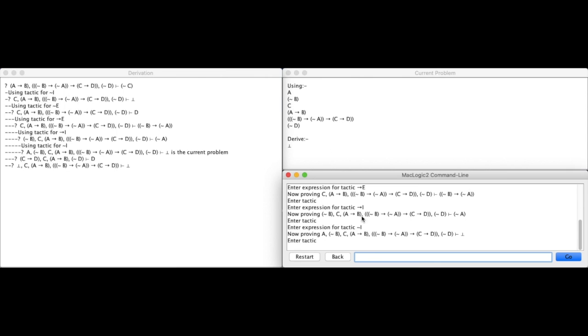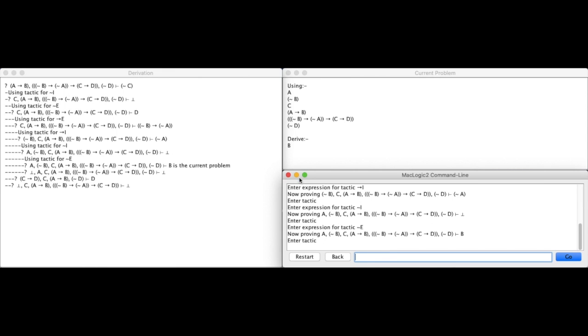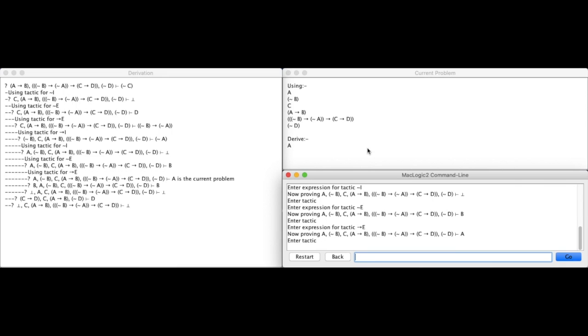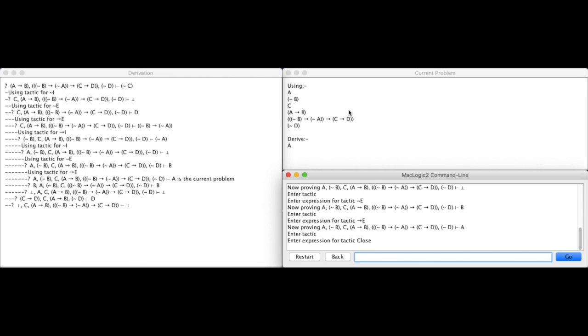I have this not B here, so I can just say that I eventually want to use not elimination on not B, so now I have to derive B, and I can do that by combining A and A implies B using implication elimination on A implies B. And now I have to derive A in order to apply implication elimination. And I have A right here, so I can then close this subproblem off by typing tactic close